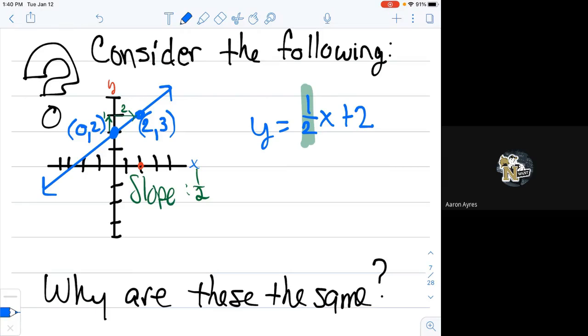That second number there, that plus 2, is what we call the y-intercept. That value tells us where on the y-axis our graph intersects it, which gives us a place to start. I start at 0, 2, right here. I go up 1 over 2 to get my next point. All I need are 2 points. I've got my graph. That's what I'm going to show you here in just a minute how to get. Before I do that, though,